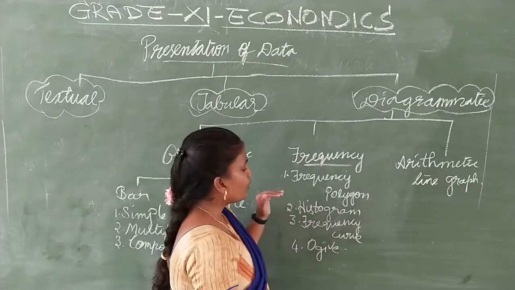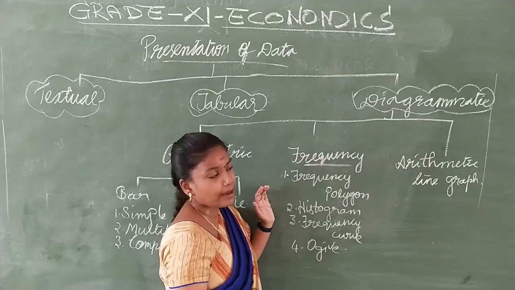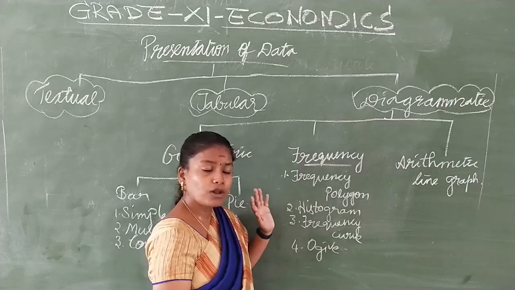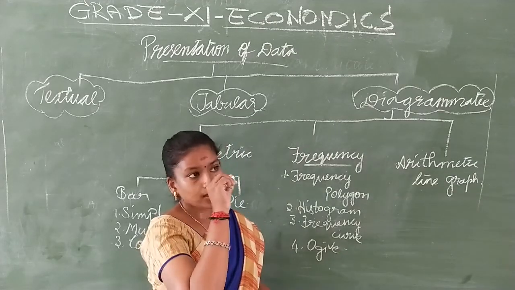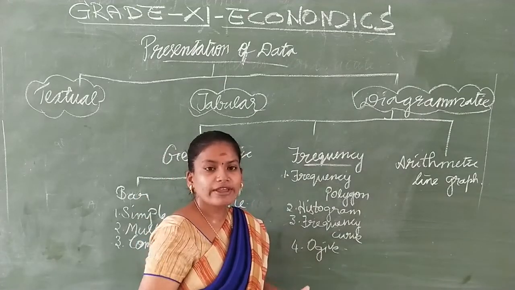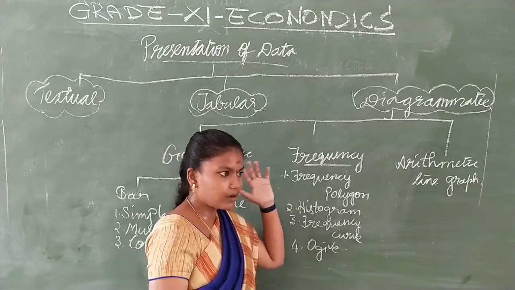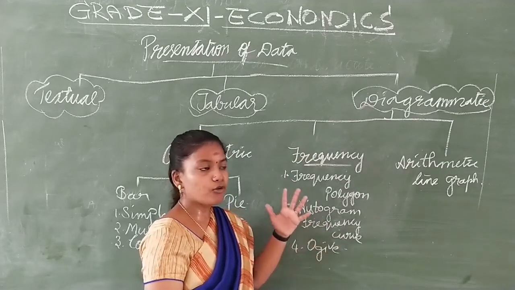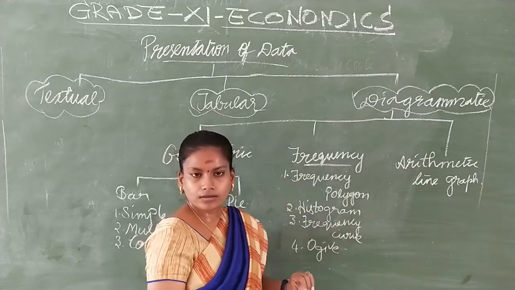So on the basis of a histogram, we go on to the next frequency diagram, which is called a frequency polygon. What is a frequency polygon, children? You have drawn the histogram, right? You have to mark the center point of each bar and connect them with straight lines. A frequency polygon is like a curve that is bounded by straight lines. Four or more straight lines bound them, and each center point is marked.